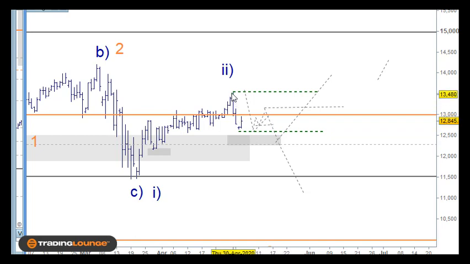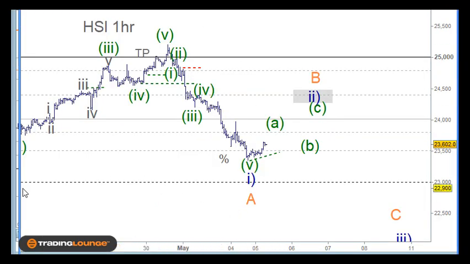The other way you can look at this too is that the move down through here should have more volume in it than this move back up here. The retest should have less volume in it. If it's got less volume in it, then you know that it's corrective, and then it will move down from that point. But let's just take some of those ideas and go over to Hong Kong, because with Hong Kong